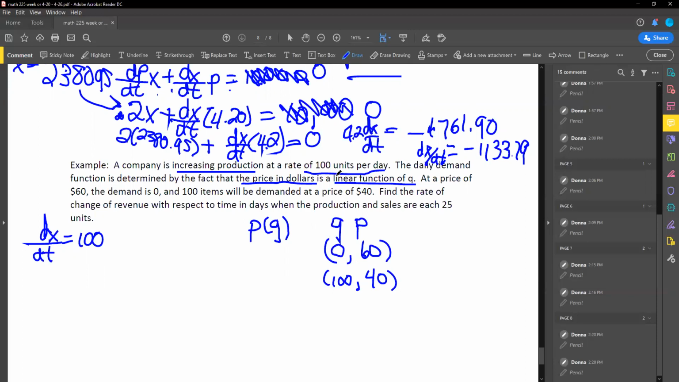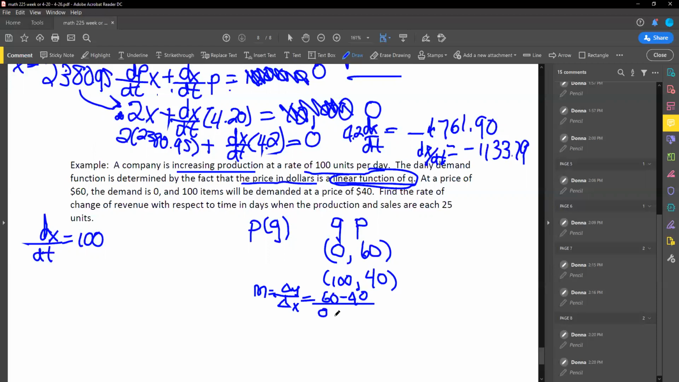It's a linear function of Q. That means it's a straight line. So what we're going to do is find the equation of the line between these two points. Remember that the slope of the line is the change in Y over the change in X. In this case, change of P over the change of Q. So the change in P is 60 minus 40. That's the change in Y